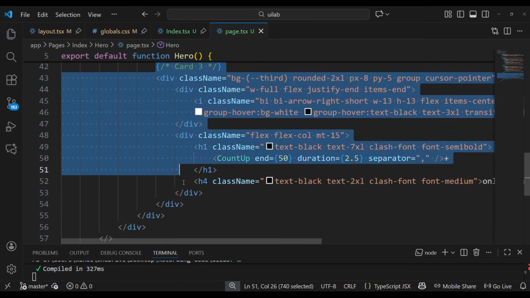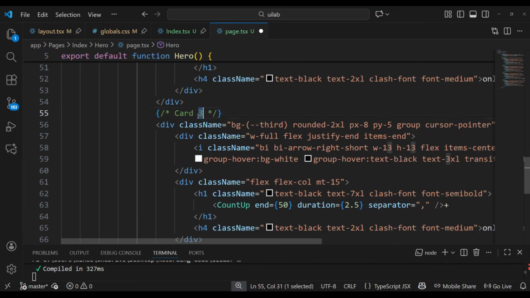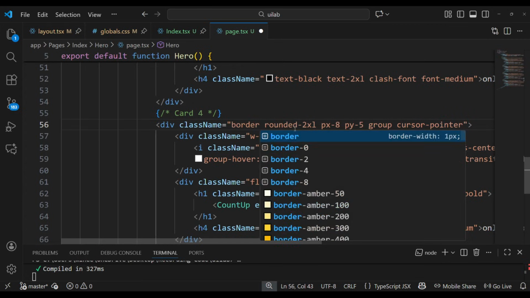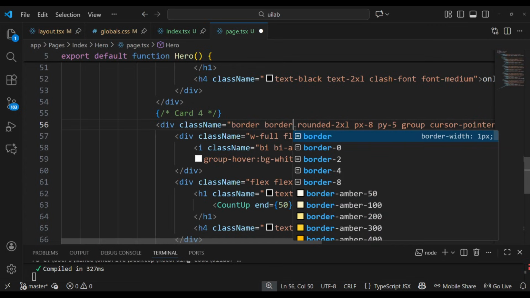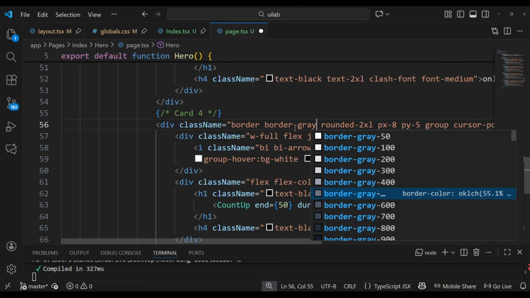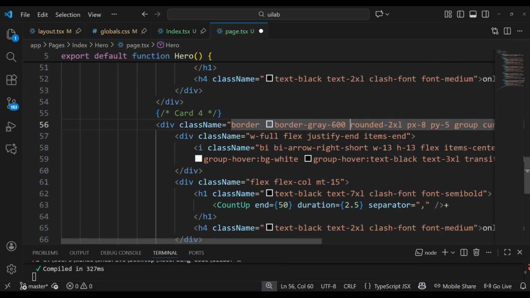So now let's design the final card for the rating. So copy the third card and paste it. Change the class from bg-third to border, because we have to use only a border for that. No background, so border-gray-600 for the border, and then we have to change the value for